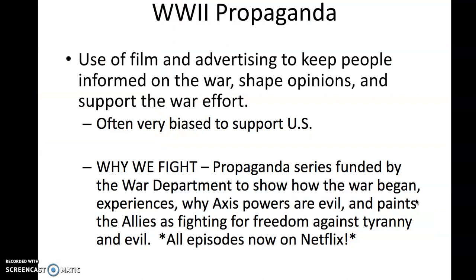So, propaganda. We've seen film and advertising used to keep people informed on the war and help shape opinion. Obviously it's very biased towards the U.S., but it's not like Germany, Italy and Japan didn't have these either. Every country does it. So one of the things that we showed, I don't know if it's on Netflix anymore, I haven't really checked that out too much,